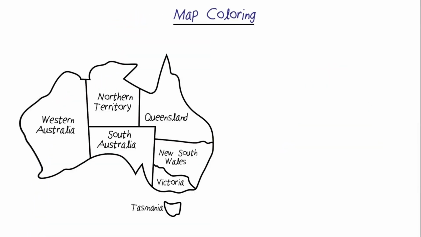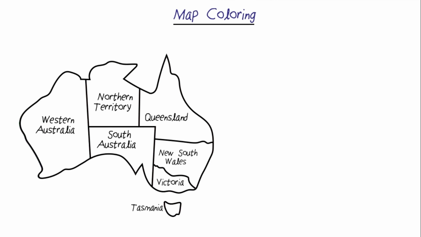Let's start out with a simple example as a challenge question. Map coloring is another classic example of constraint satisfaction. We are trying to color this map of Australia using the minimum number of colors possible, but making sure that no neighboring regions have the same color. I guess if they had the same color, it would be hard to tell where one territory stopped and where